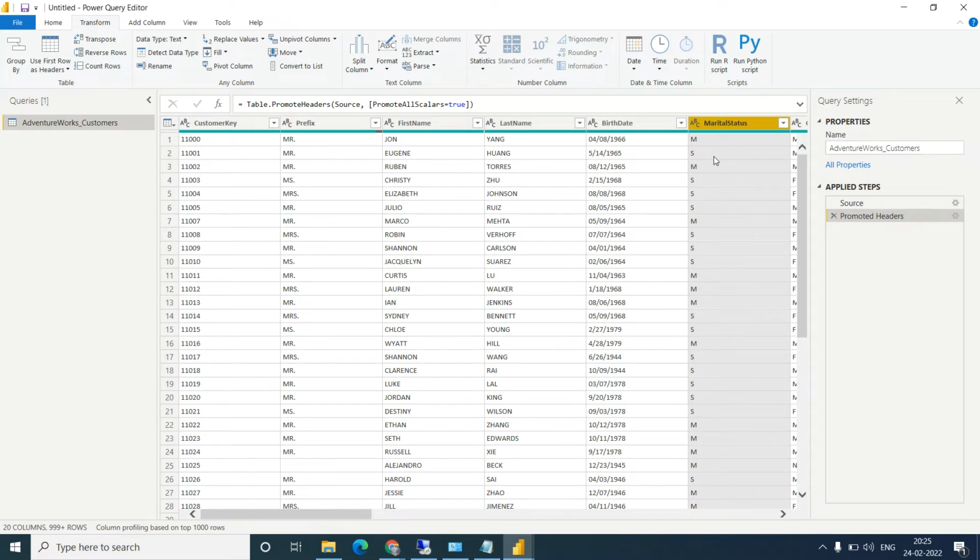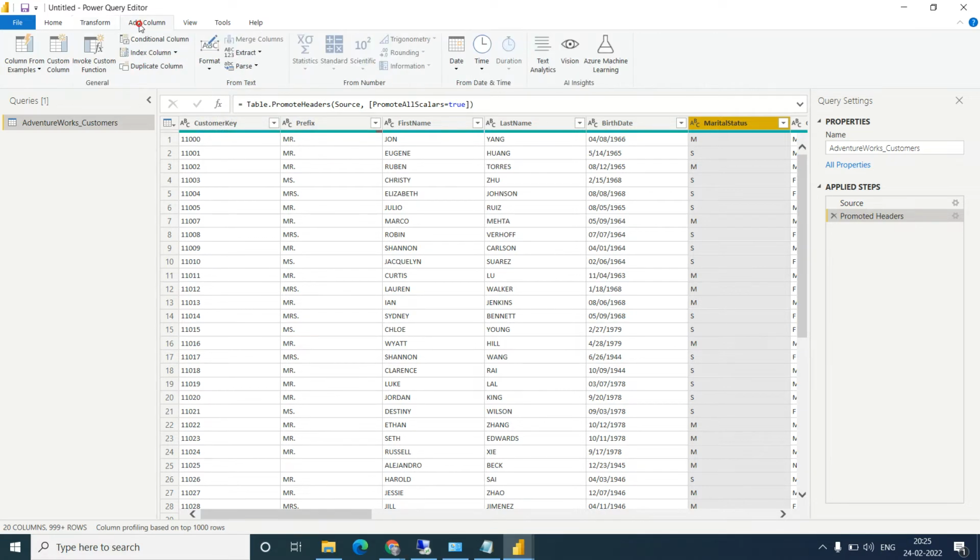Okay, so how will we do this? How will you do this? So there is replace value, we can change this, right? Replace value is available in the transform tab, and also in add column. Is it available? No, I think it is not there. Okay, it is not there. So what can we do?